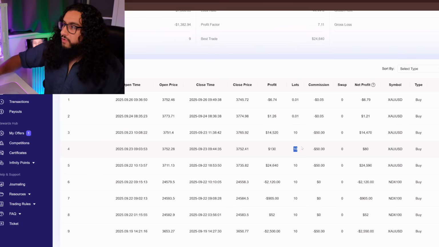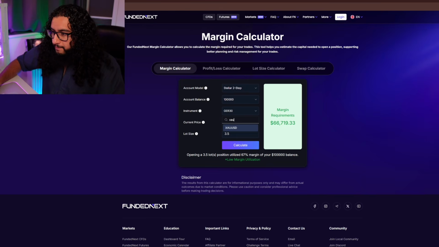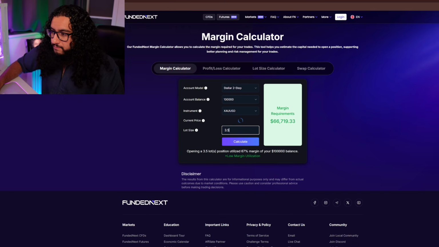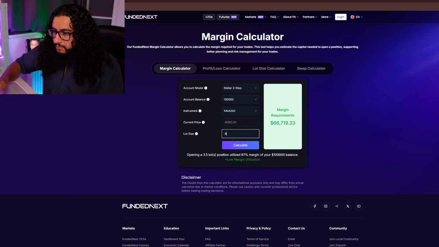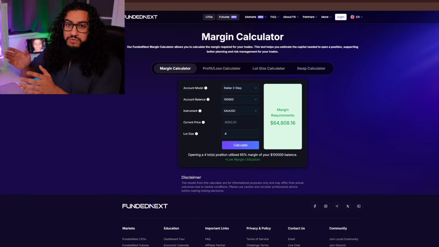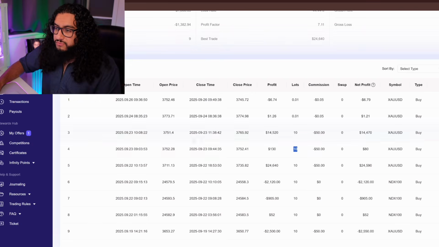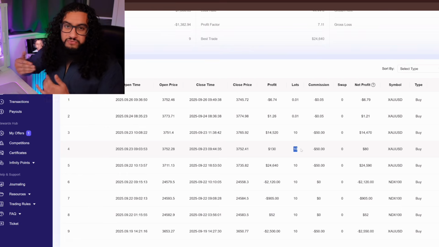Now, what did we learn from the margin calculator? That on gold, if we use a 4 lot size, that uses 65% margin. So that means I can use 12 lots on a 300k account because you just multiply it by 3. But even then I can use 12, but I'm only using 10. So that shows you that I am well below 70% margin usage. So that's absolutely fine. I can be trading 10 lots on gold with zero problems because I'm below 70% margin